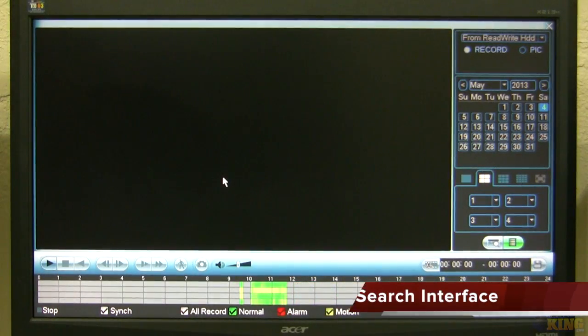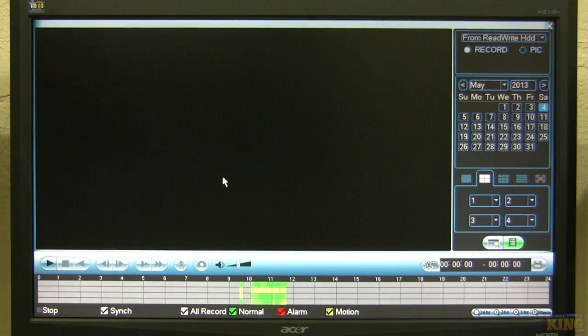Very easy to use. All of our DVRs share the same interface, so you will be familiarized if you have one of our DVRs and you're getting a new NVR, for example. You can pick a particular date. Everything in blue will be the dates that have been recorded. In this particular NVR, I just have today's date. And I can pick from this timeline bar any time that I want